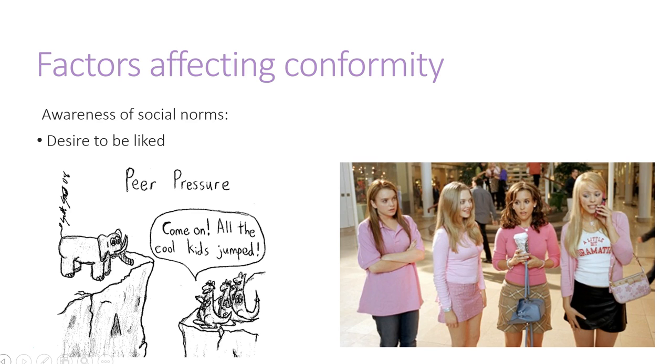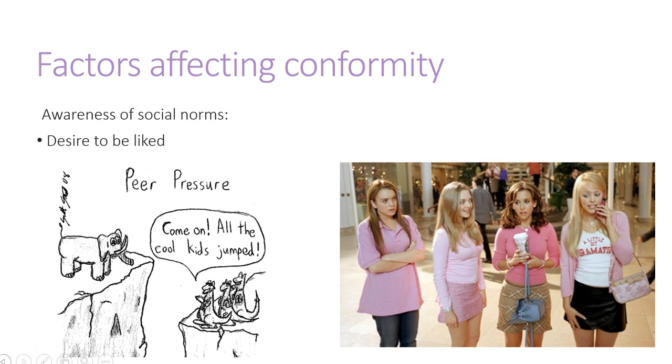Another factor that affects conformity is our awareness of social norms. A desire to be liked by others and to behave in a way that is expected strongly influences the likelihood of conforming. We want to be accepted and liked, especially by people we see as important or respected, and conforming is seen as a way to receive this acceptance and the approval. Our confidence and insecurities are important elements of this factor and have significant influence on whether we will be likely to conform in unfamiliar situations.